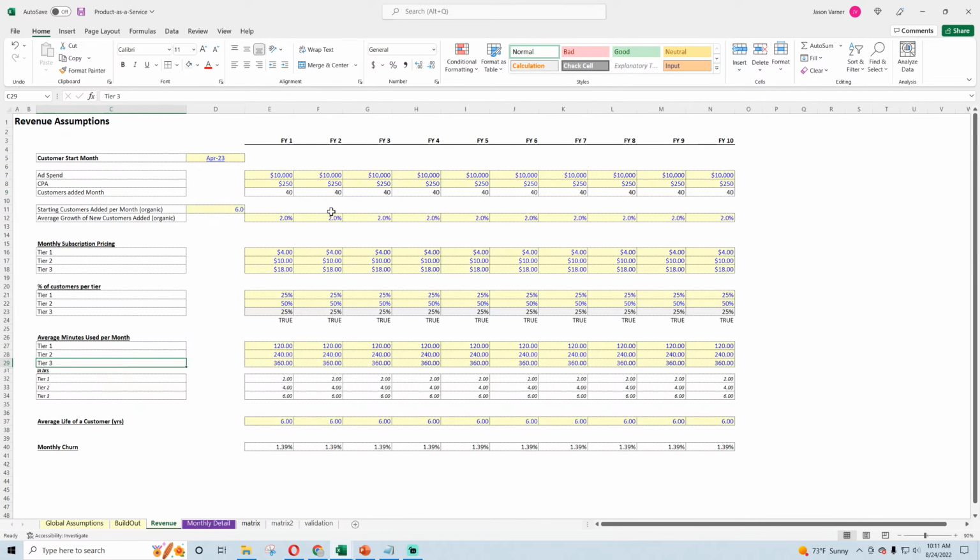Otherwise, if E4 is greater than this, then take the previous month, which would be this cell, times 1 plus the monthly growth rate of the given period, which is this in this case.